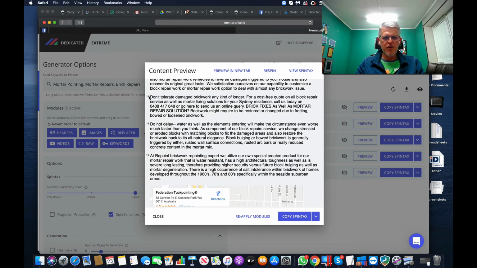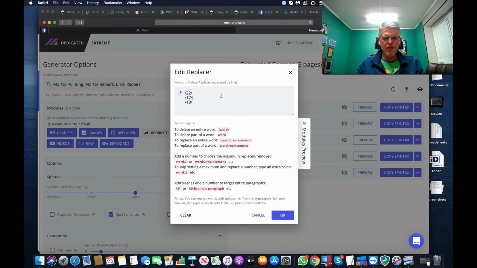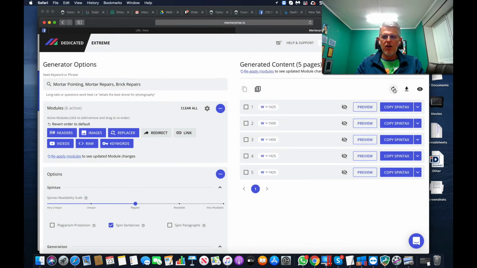Okay, I'm going to get rid of paragraph 13 because these are people from Sydney. When I was doing this, I was just searching in the whole of Australia. If I wanted to be more specific to Perth, I could put the keyword up here, more pointing to Perth, and then it would only grab content from sites in Perth. So I'm going to click OK,